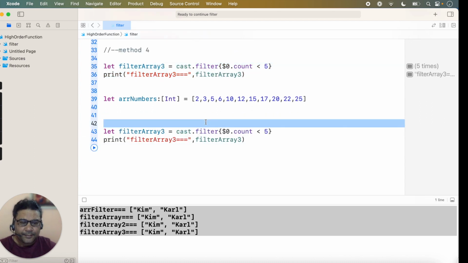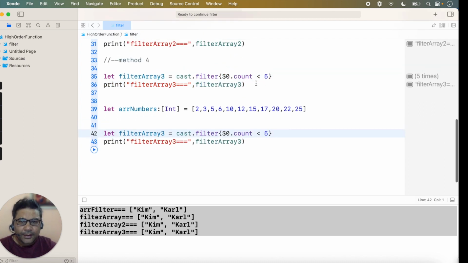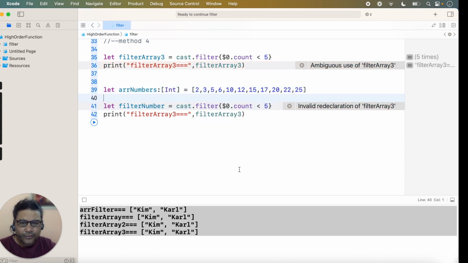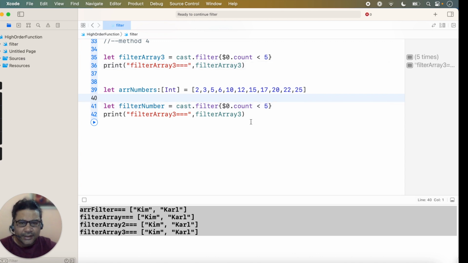Suppose here I am taking a method for directly applying the filter, to filter the elements from the array, so here will be the result of filter number. The filter function depends on our condition: if the condition is true, the element will be included in the return array, otherwise the element will not be included in the return array. So according to this definition,